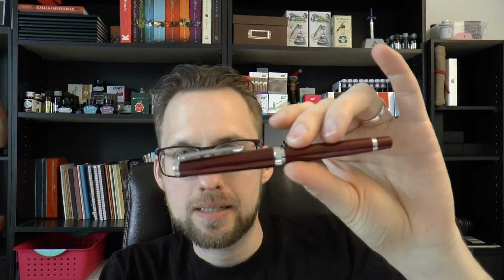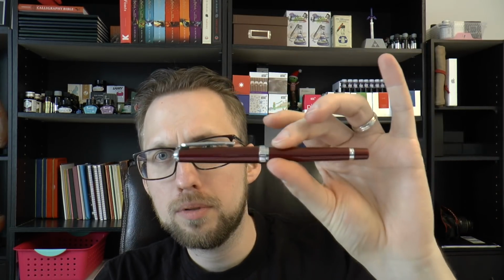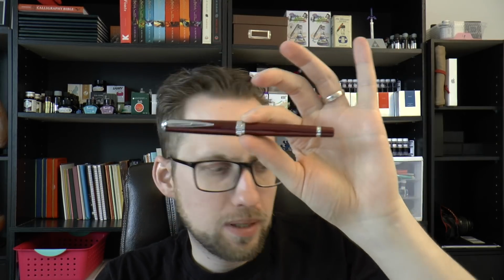Hey there! Today we're going to have a look at this pen. This pen was sent to me by the pen company in the UK and it's quite interesting. The Sailor Reglus. What's interesting about the Reglus? That it is a very affordable, relatively speaking, Sailor pen because it costs about $93, which I think is not